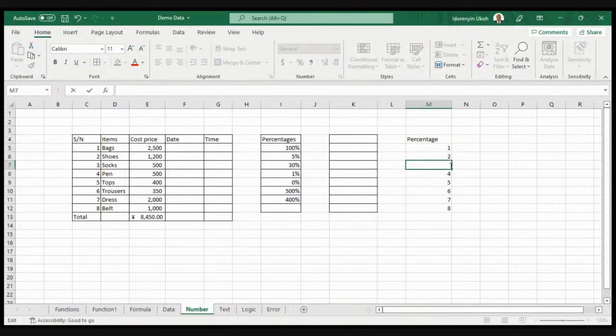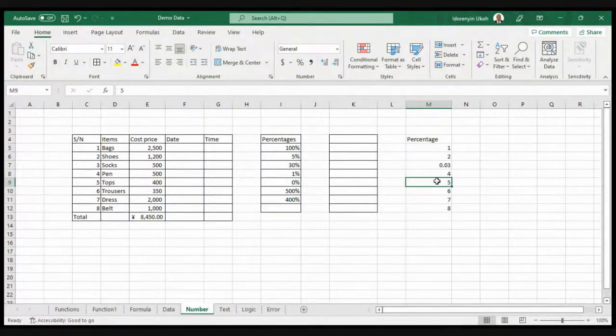I said that Excel is left justified. So if I'm typing in Excel, you notice that 0.03, let's assume that's what we have there, 0.5. So I'm also representing this row as percentages. It shows us the different percentages, so Excel accepts the data as percentages, and it will not give us an error. So I would like to go back to our slide to speak on another data type.